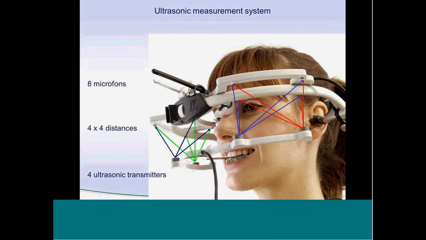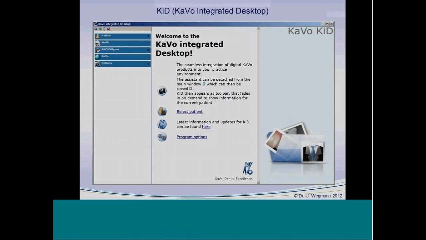All this data will be stored first on the Digma and then transferred to the computer via USB. It is online, or via memory card, and you have some time difference, of course. If your computer is connected with a monitor in front of your patient, the patient can follow these measurements and see online the real movements on the screen. But that's something I will show you later on.